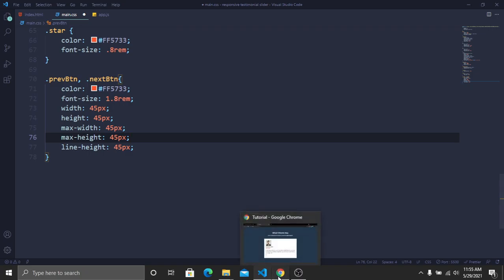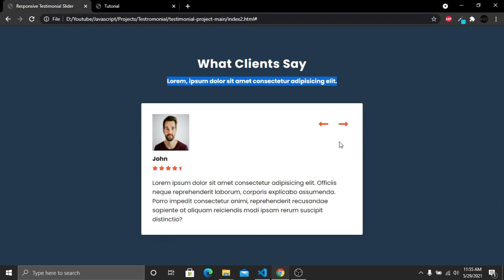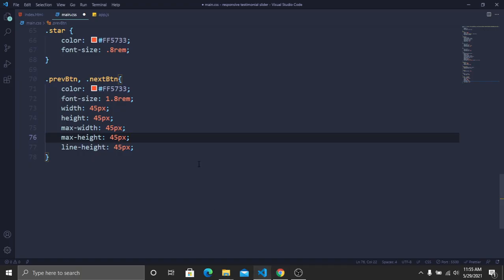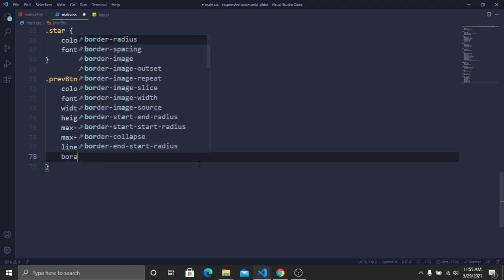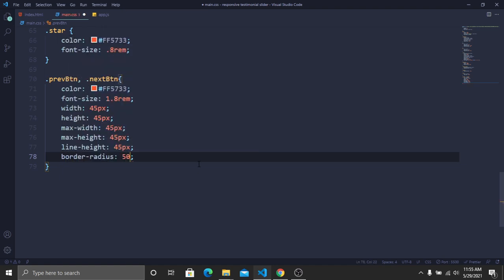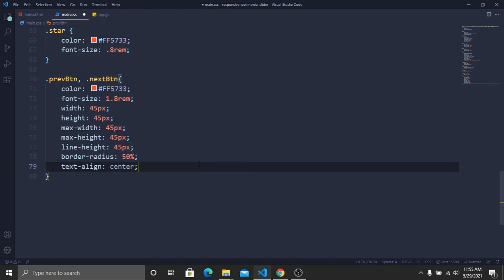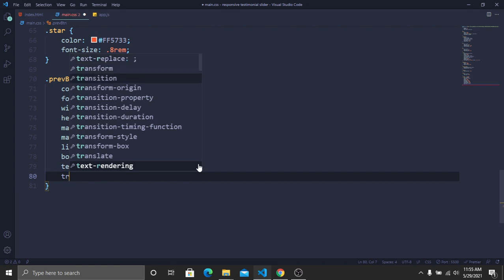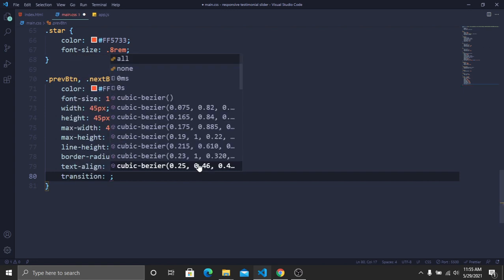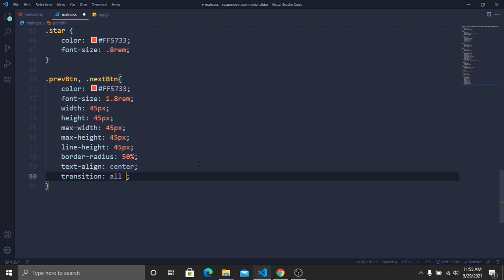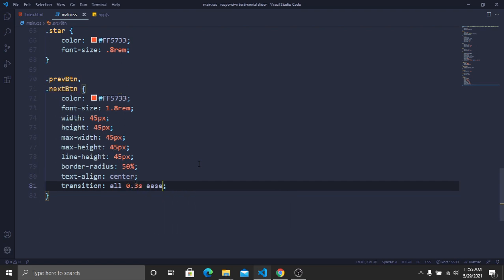Now after this one, if I go to our website, here if I hover on these buttons, you can see that we have a circle here. Now I want to create this circle as well, so for this circle, let's create a border radius, and the border radius will be 50%. Then text align will be center. Then I want to add some transition so that we can have a smooth hover effect, and here it will be all 0.3 second ease. That's it. Now save and go to our website,